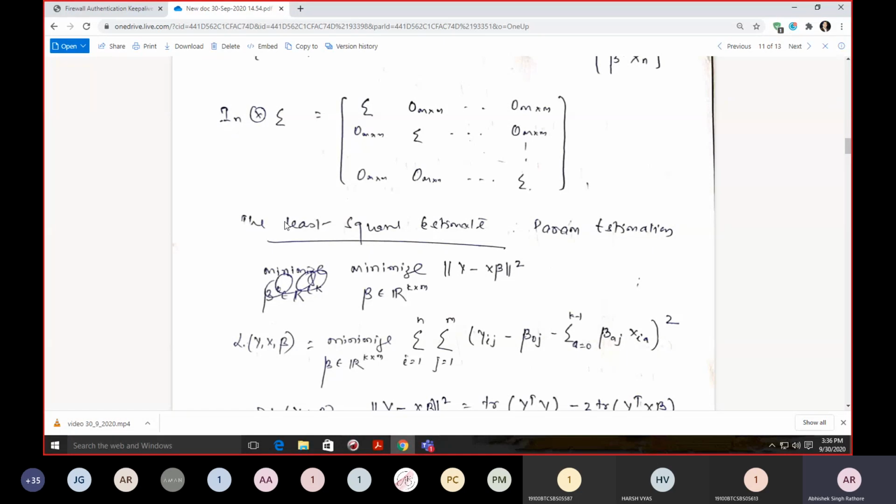So the expectation of y hat, we can replace y hat with x beta. So this is how we get y minus x beta. We will minimize, so we are minimizing over the parameter, over beta. So we have to minimize over the value of beta. This is how we go about minimizing, or we can say this is just an optimization problem.